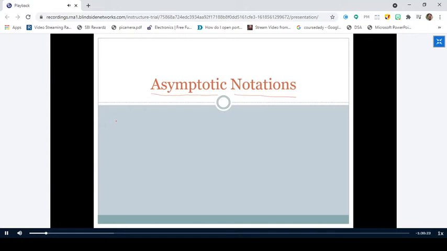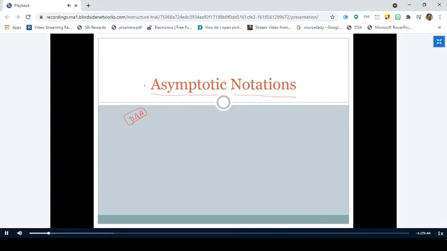So we are going to deal with somewhat new terminology in the computer science world, which is very important. When you move through the other semesters in this course, particularly the BTech course, you will come across a subject called design and analysis of algorithms. In this subject, you will learn all these asymptotic notations in a detailed manner, right? So right now, what we are going to deal with is somewhat vague in nature, and we are going to introduce you to this new terminology.